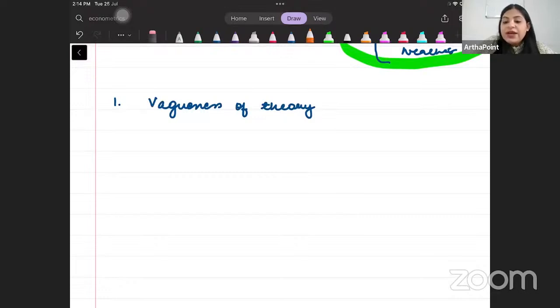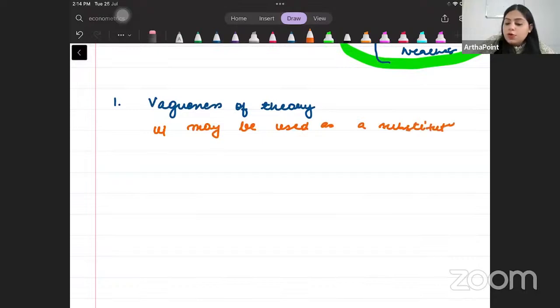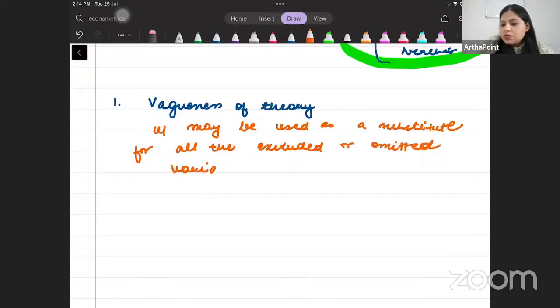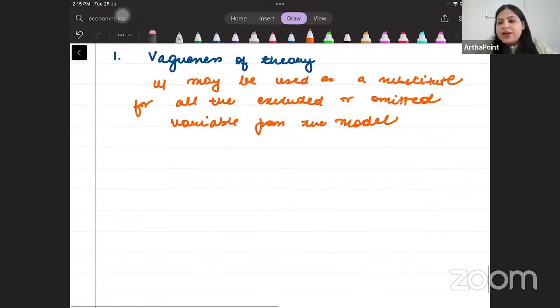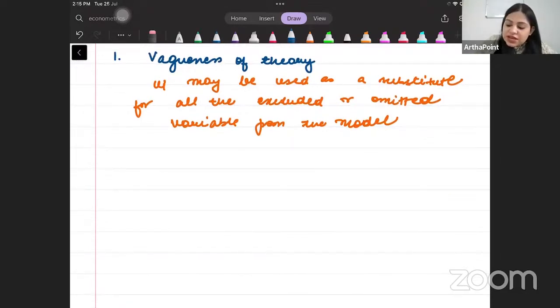So you can write down that u_i may be used as a substitute for all the excluded or omitted variables from the model. If I did not consider a variable which should have been considered, I just put it as part of the error term. But the second thing that you can do is